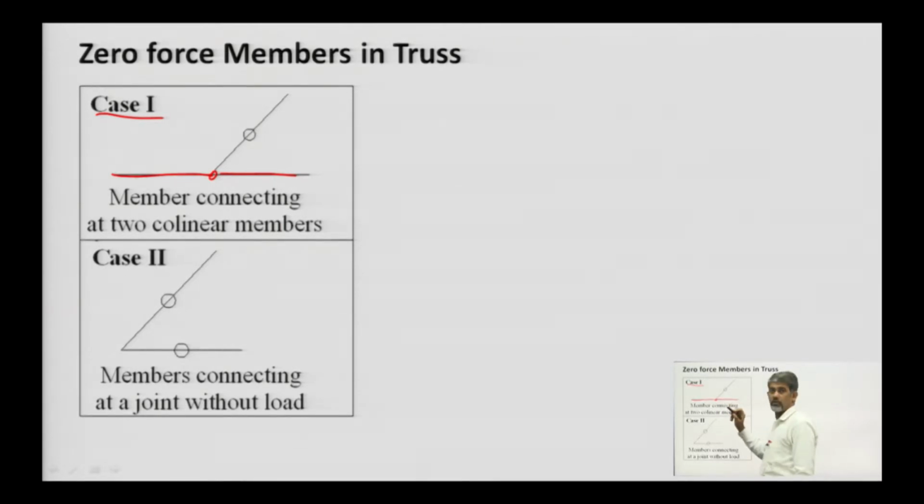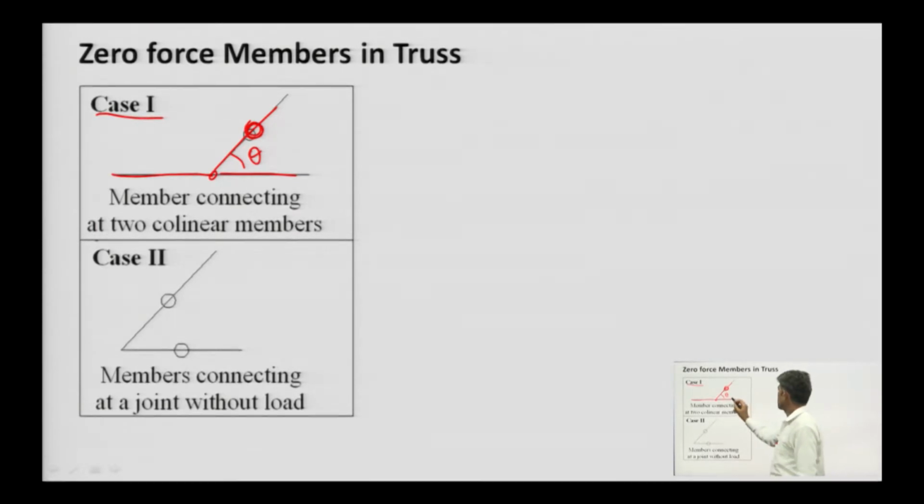If 2 members are collinear and the next member is meeting at this joint at an angle of theta, then this member will have 0 value of force, meaning that member will not have any force. Why? Look here,